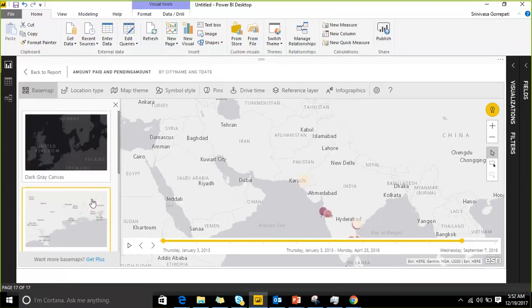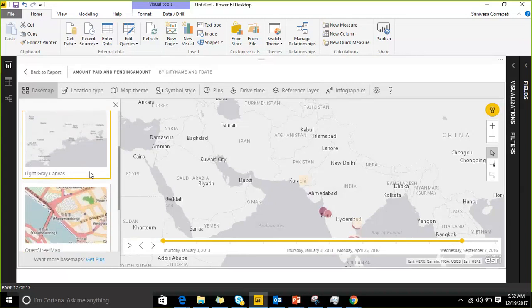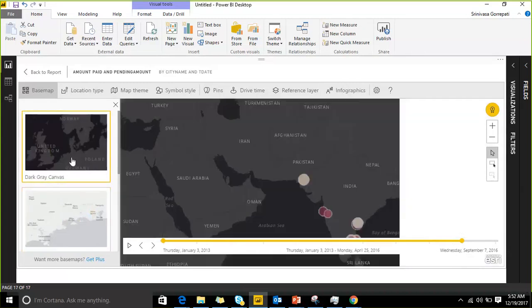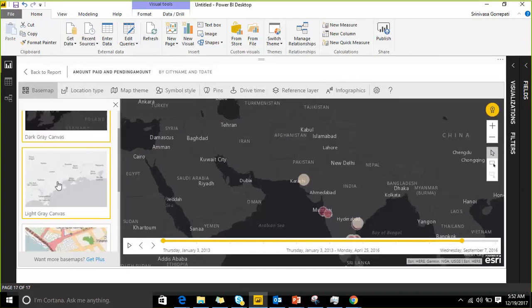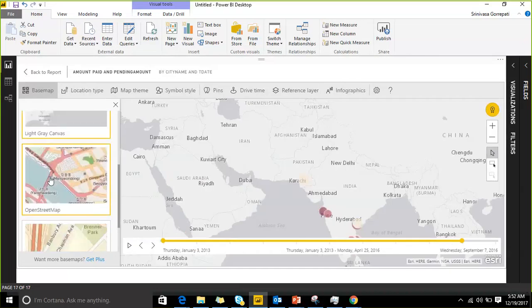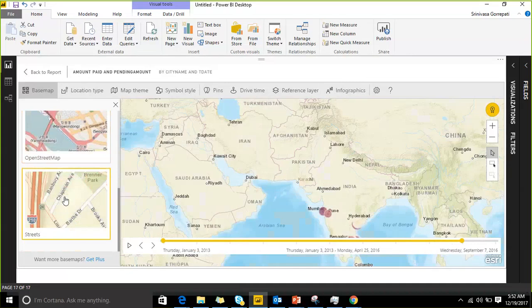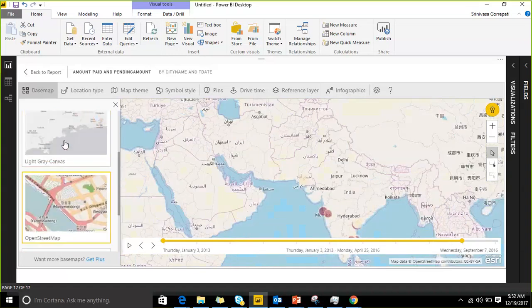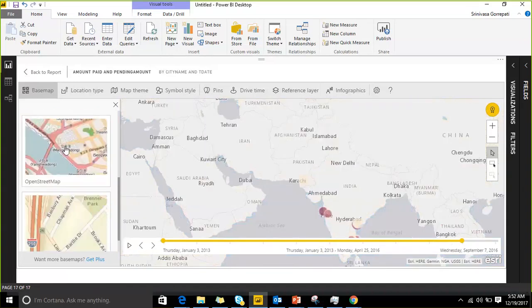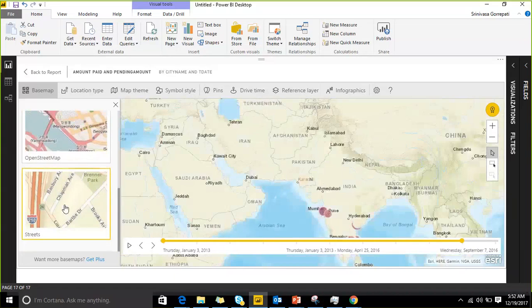There are some base maps. Whichever way you want to represent your data, that map you can select. You can select the map however you want to represent, and then after,